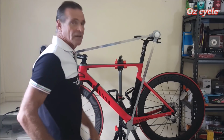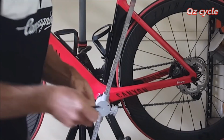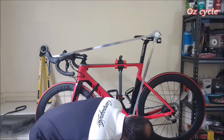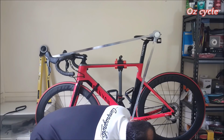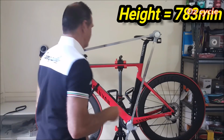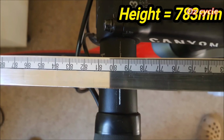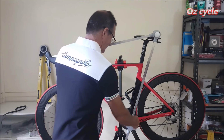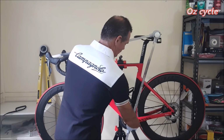All very simple. There we go. Now you can read the measurements. This one says, I need my glasses, 782, 782, 783, and this one says up the top 796, 795, thereabouts. And the other thing is, it keeps the angle, so if you pull it away, pull it